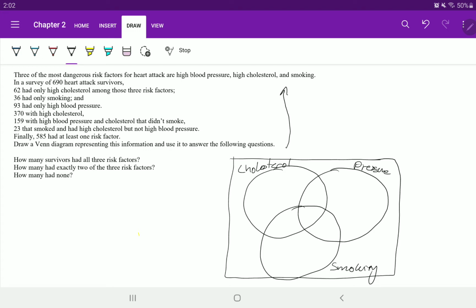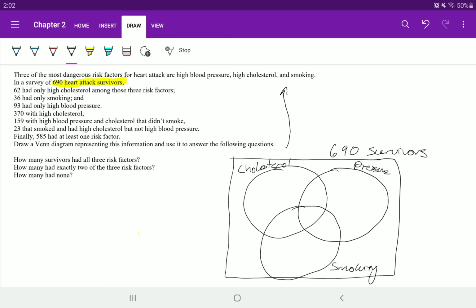Okay, next thing is identify a universal total, and that's going to be 690 heart attack victims. I keep saying victims, my apologies, survivors. Heart attack survivors. 690 survivors. After you identify your universal total, you want to read your list from bottom to top. The first piece of information I'm going to read is